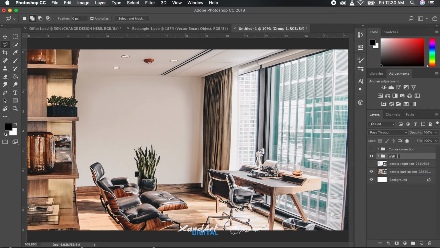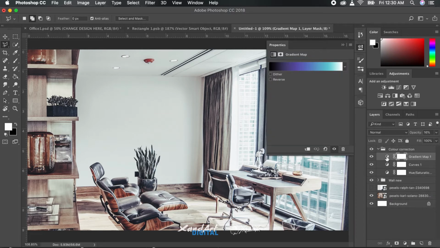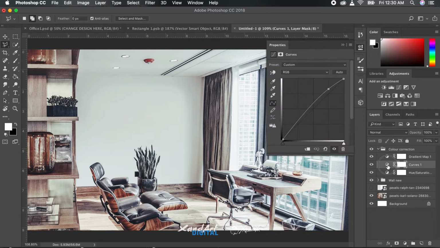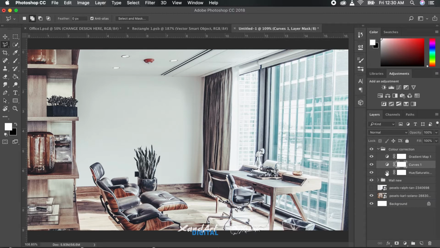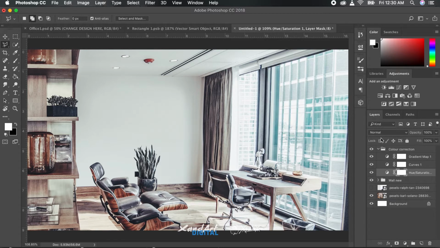In this case, the company I'm doing this for has a brand palette of purple and cyan, so I am using a gradient map of that palette and adjusting it over the rest of the photo with a mix of other adjustment tools and opacity to make the photo a part of the rest of the brand without making it too harsh. Now let us make some smart objects to add the elements.